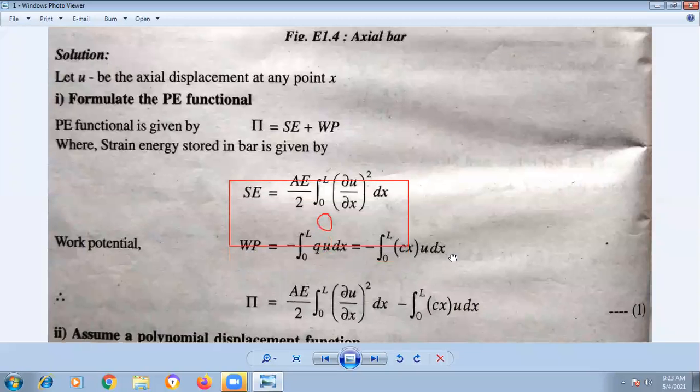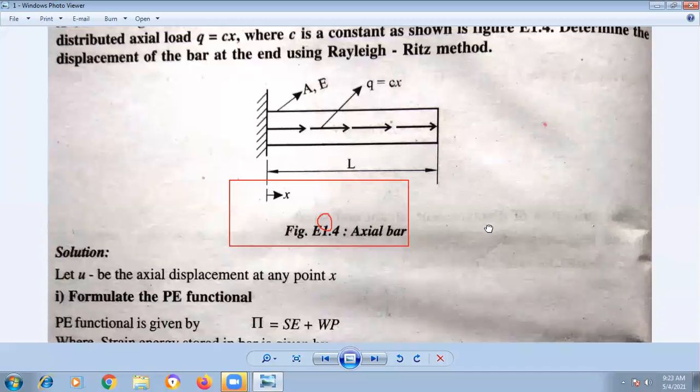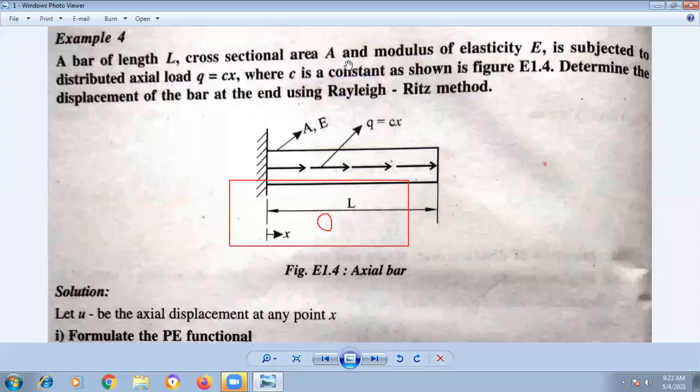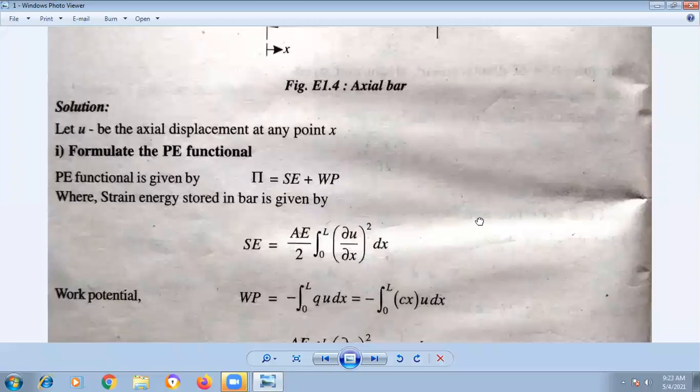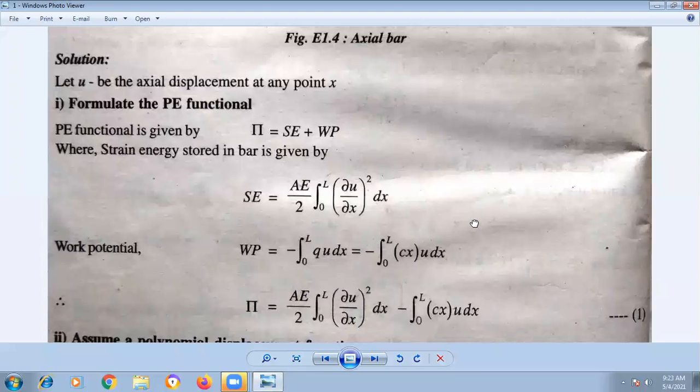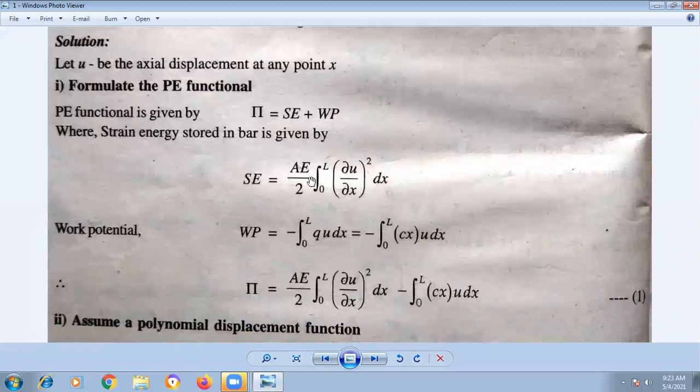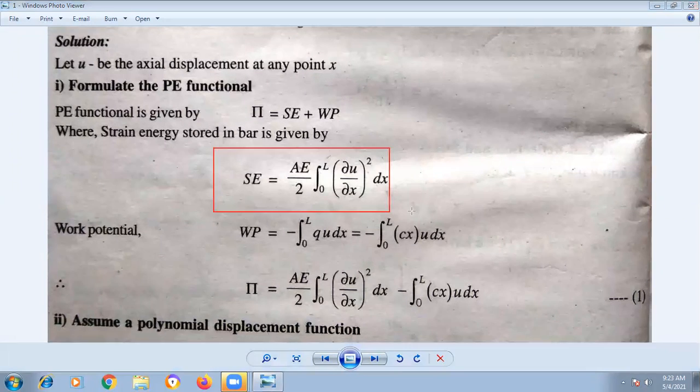So the problem consisting of a uniformly distributed load is now treated as a Rayleigh Ritz problem wherein the potential energy has been formulated. The potential energy in the bar is the strain energy plus work potential. Strain energy is given by AE by 2 integral over the length of (dou u by dou x) whole square with respect to x,